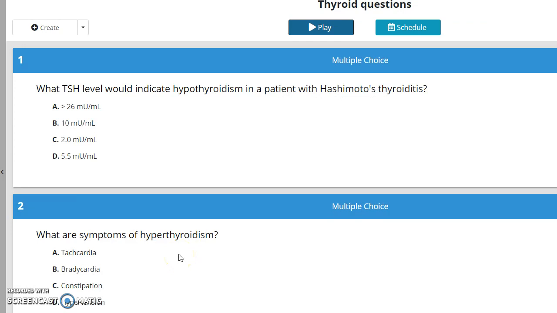So my lecture is always on endocrine. I'm currently teaching that now. So I like to create questions that I can stop in the middle of presenting to the students and then play this online poll. And that would help me to know how students are grasping the information that I'm teaching them. So when you get to this point of creating your questions in your course, then you hit play, and